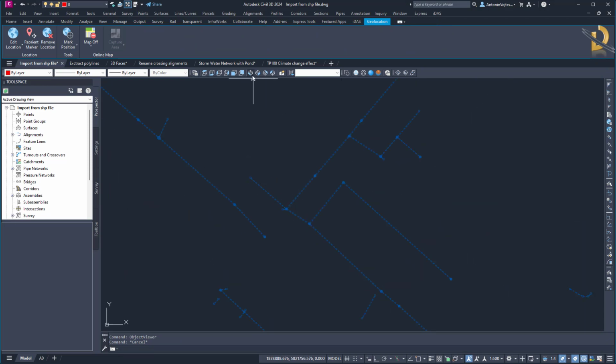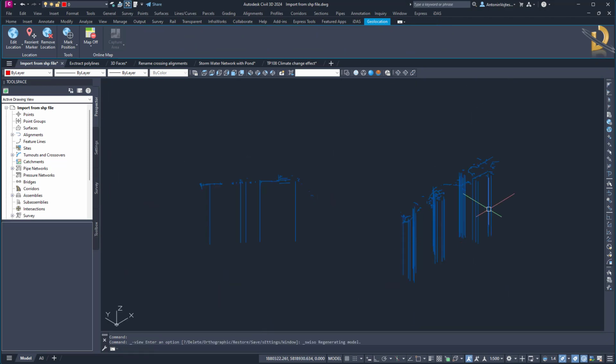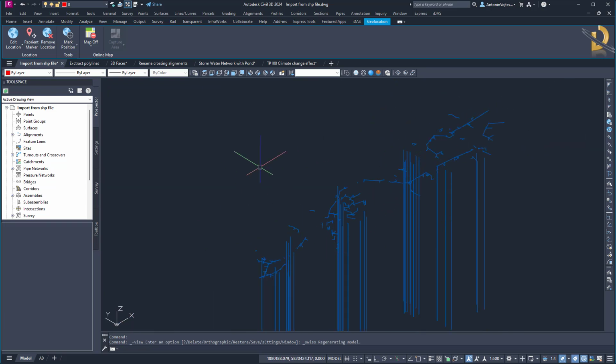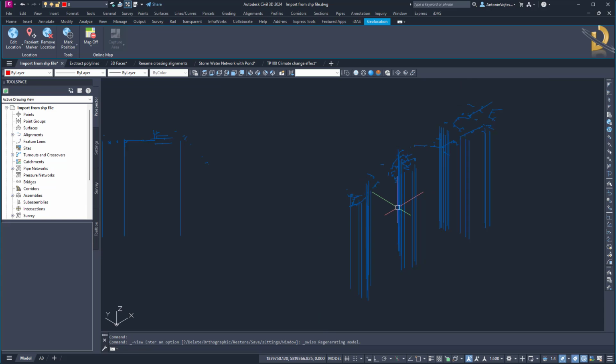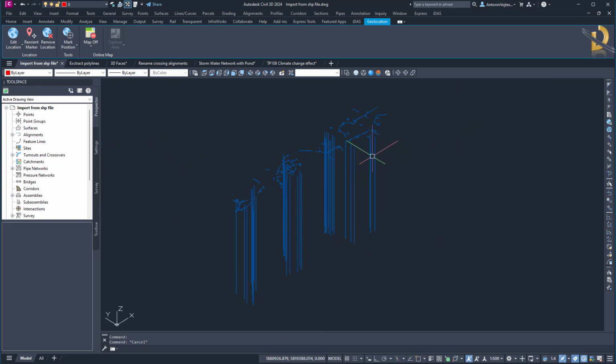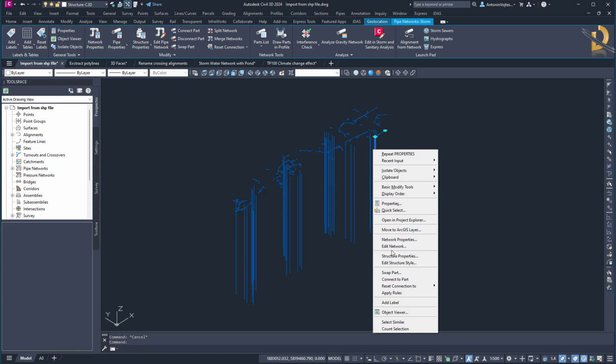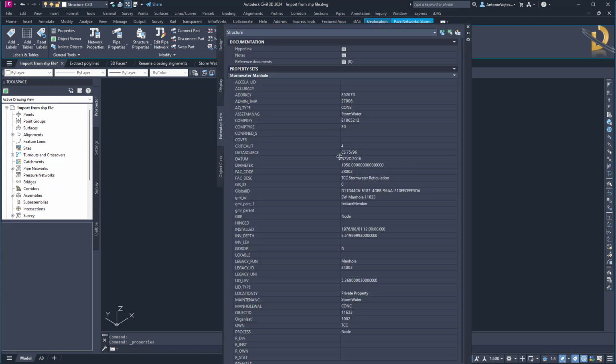And if I go to 3D view, there might be some structures which are very long. That's because there's no pipe connected. And I specified, if there is no pipe connected, it will be elevation -999. And finally, if I go to properties for any object, let me go to normal properties, you can see